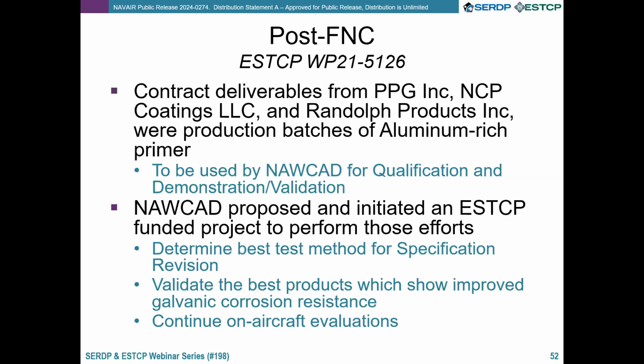And if they were sufficiently good at preventing corrosion and met most or all of the other application and physical property requirements, then we could use those products to initiate on-aircraft demonstrations. To be fair, we had started evaluating the early immature formulations as well, and they had some issues that were meant to be worked through as we continue to mature, but we were able to use those as a means to show that even in an imperfect coating, the aluminum rich pigment did show promise for being a corrosion inhibitor